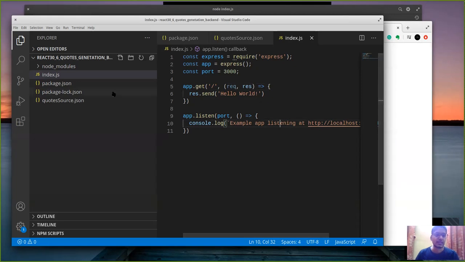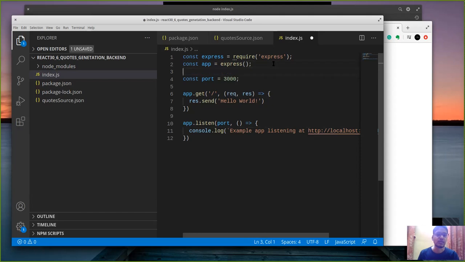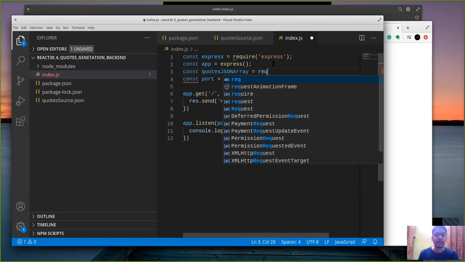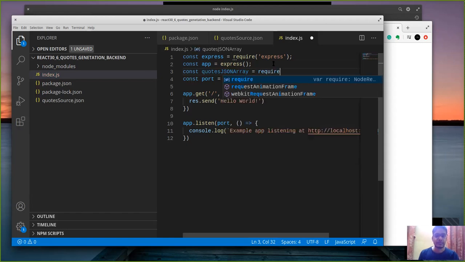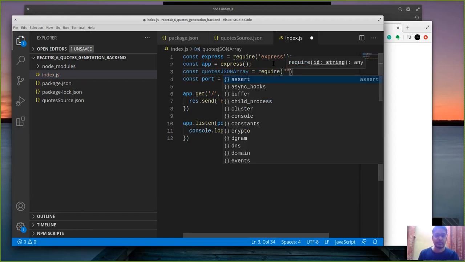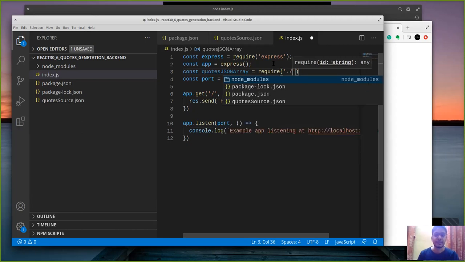response. Now the next thing that we need to do is we need to import this JSON file. So the easiest way to import a JSON in a Node app is to define a variable, let's say quotes JSON array, and then require and specify the file name.